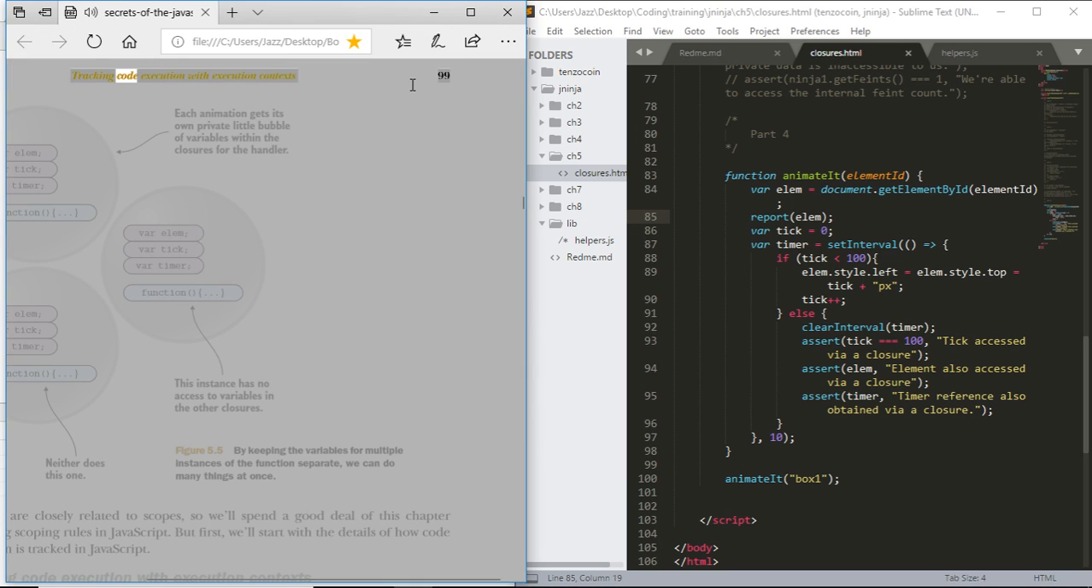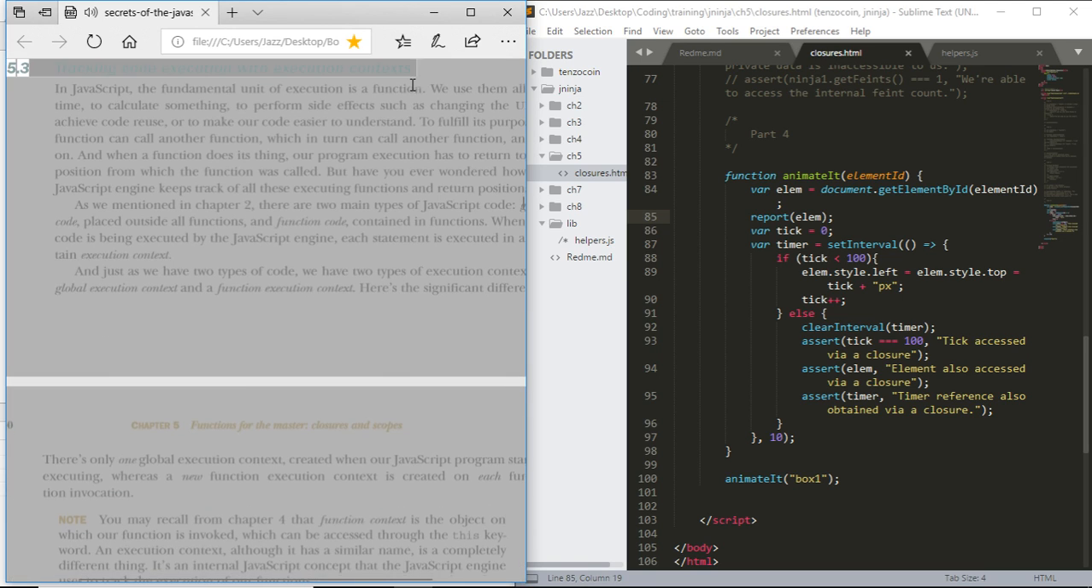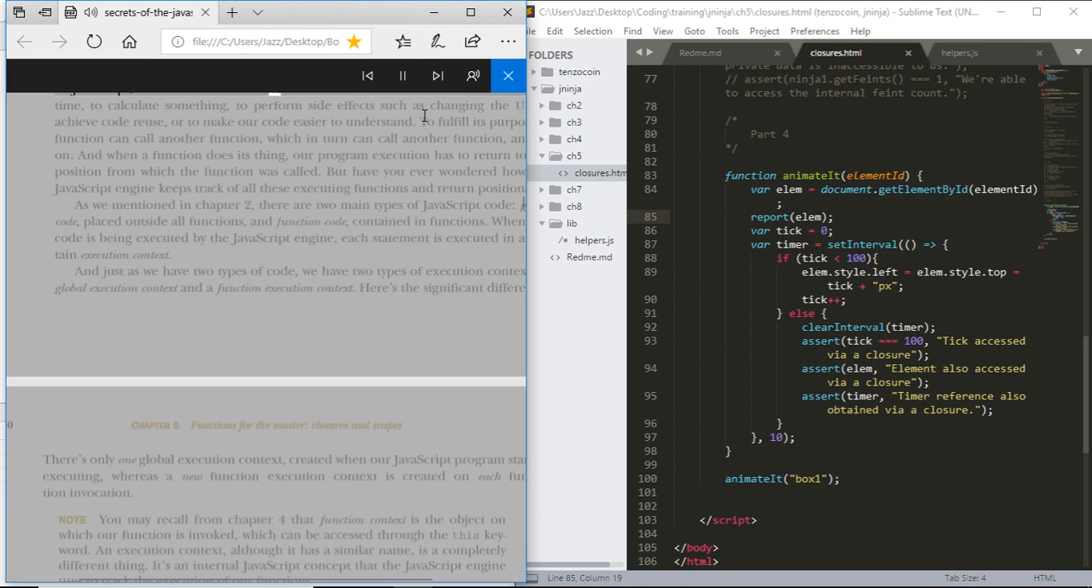99 Tracking code execution with execution contexts. Closures are closely related to scopes, so we'll spend a good deal of this chapter exploring scoping rules in JavaScript. But first, we'll start with the details of how code execution is tracked in JavaScript. 5.3 Tracking code execution with execution contexts in JavaScript. The fundamental unit of execution is a function